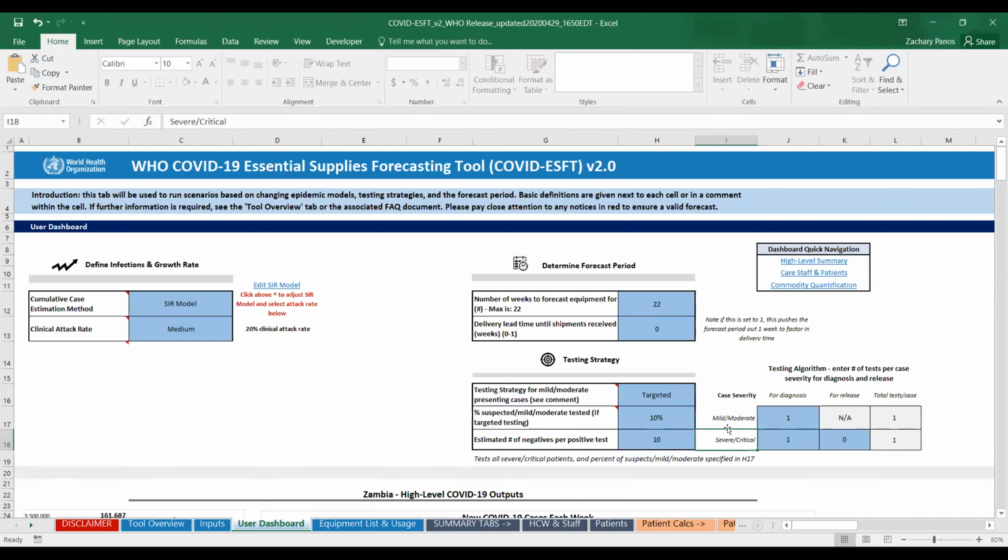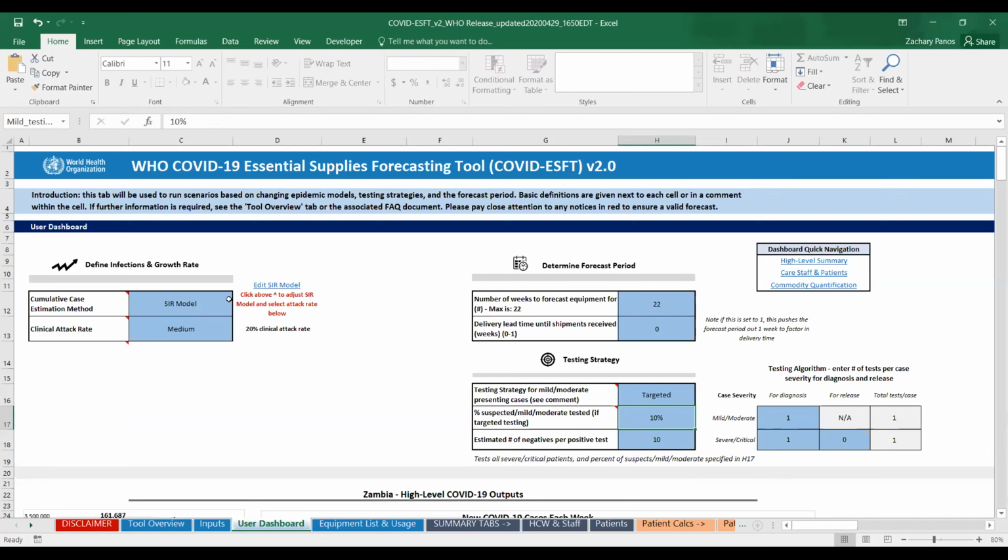For mild or moderate cases that are presenting for diagnosis, a set percent will be tested. Here we have the percent set to 10%. So we're saying of the patients who appear sick but maybe don't have underlying health conditions, we will test only 10% of them to really focus on those high-risk patients.